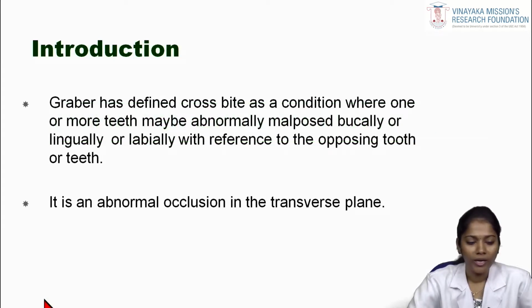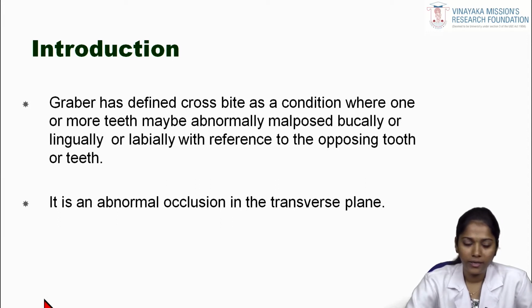To begin with, Graber has defined crossbite as a condition where one or more teeth may be abnormally malposed, buccally, lingually, labially, with reference to the opposing tooth or teeth. It is an abnormal occlusion in the transverse plane. When we define malocclusion, it could be in the vertical plane, transverse plane, or sagittal plane. But this crossbite malocclusion comes mainly in respect to the transverse plane, whereas in class 3, this comes